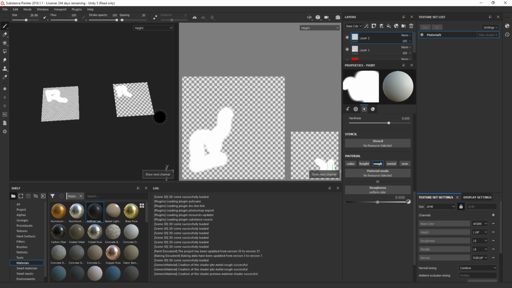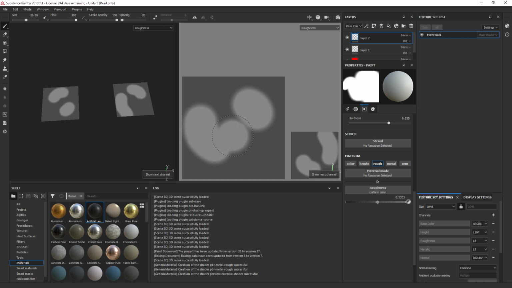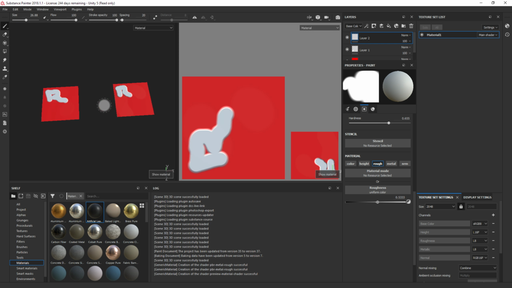It's kind of hard to see. So, oop, there it was. There's our roughness channel. So there, I just painted some roughness on there, a little rougher than the rest of the area. Okay, so that's good. That's all we need for now. So I'm going to export these textures now,